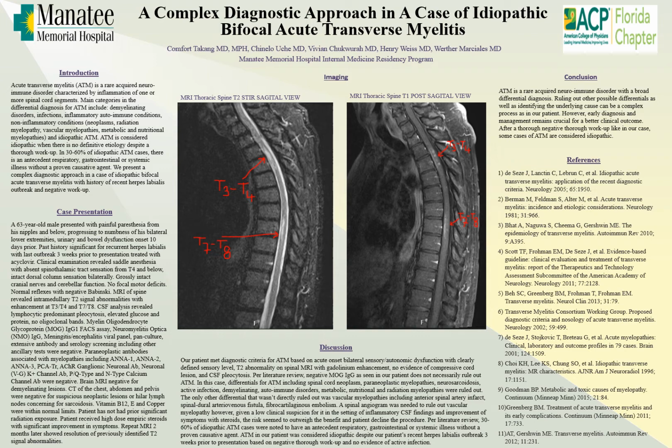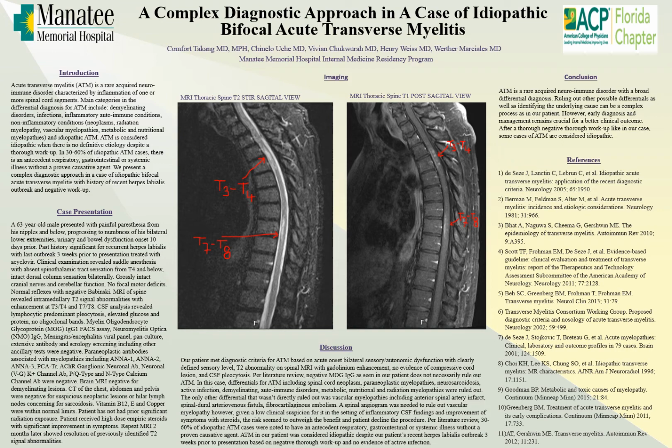and below, progressing to numbness of his bilateral lower extremities, urinary and bowel dysfunction, onset 10 days prior to presentation. His past history is significant for recurrent herpes labialis with last outbreak 3 weeks prior to presentation that was treated with acyclovir. Clinical examination revealed saddle anesthesia with absent spinothalamic tract sensation from T4 and below, intact dorsal column